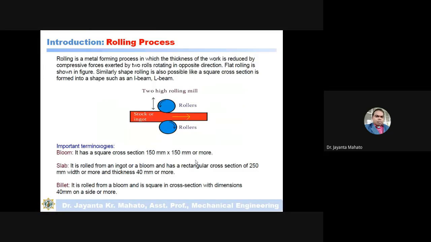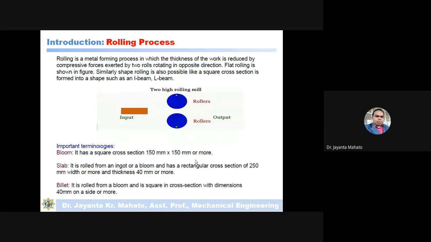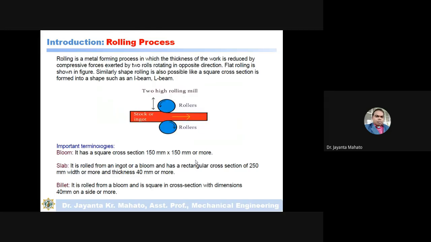So rolling is a metal forming process in which the thickness of the work is reduced by compressive force. Here, the force generated on the workpiece is nothing but a compressive force.